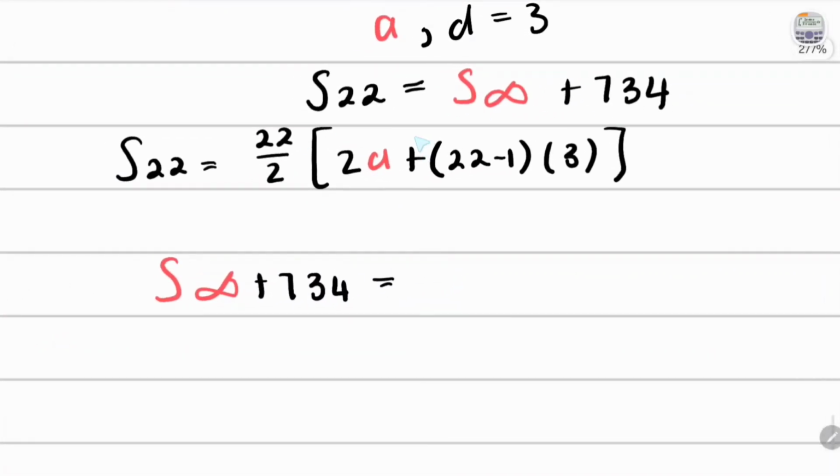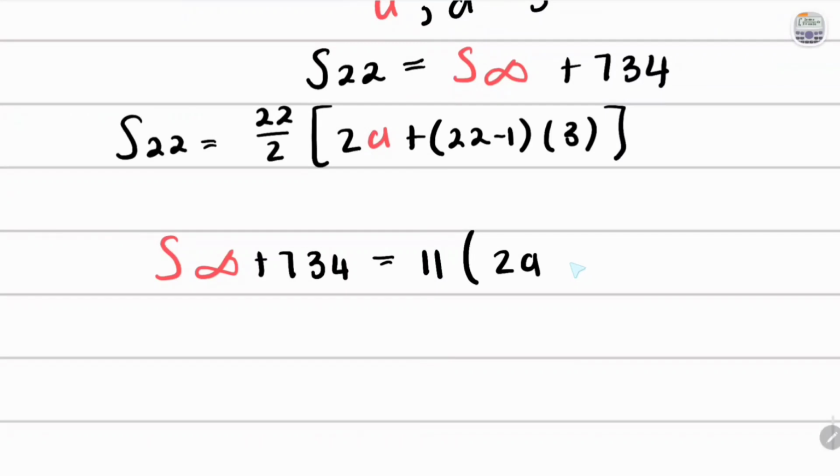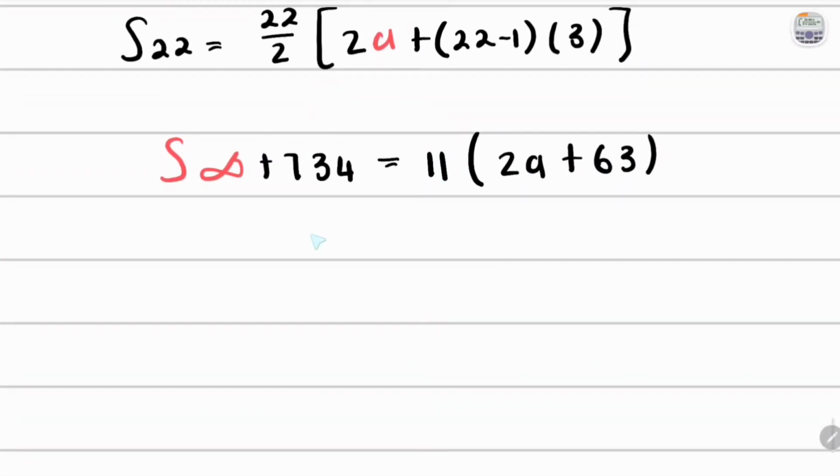And then we'll just simplify this. So 22 divided by 2 is 11. And then here, that's just 2a. And we can now simplify. That will be 21 times 3, which gives us 63. So that's plus 63. And then let's distribute that 11 because we can't divide. So that is the sum to infinity. And we have plus